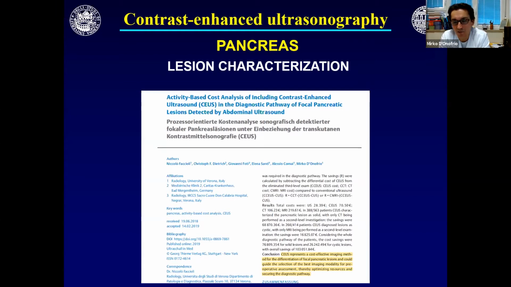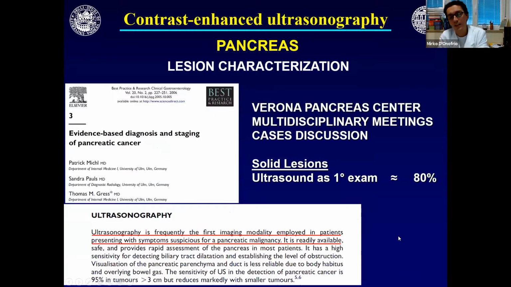And so in this case, we have a better idea that the lesion is a tumor by detecting small septa. And we know the contrast is very useful for that. So now we can do this evaluation of the use of contrast, and I'd like to start from this analysis. We have a multidisciplinary meeting for the pancreatic cancer, as in every hospital. You can see here that we performed an evaluation. We reviewed the cases from 1 year, and you can see that ultrasound is at the beginning of a